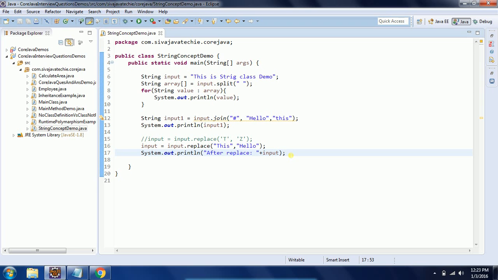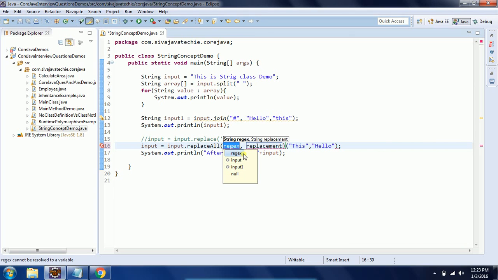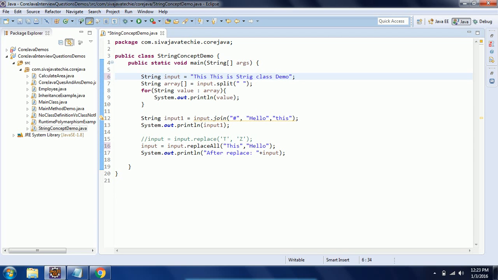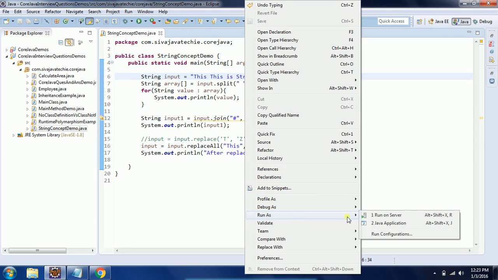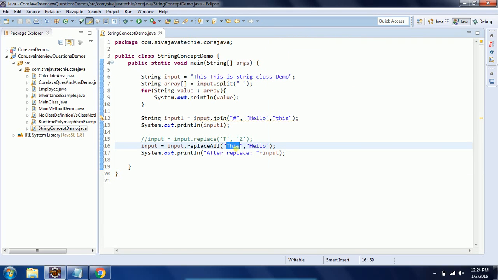And one more method is replaceAll. What this method does is, however many occurrences of the first string it finds, those many times it is replaced with the second one. For example, here I am going to give "this". Now when I run this program, you can see in the output it is replaced two times. replaceAll replaces all occurrences of the first character sequence in the main string.